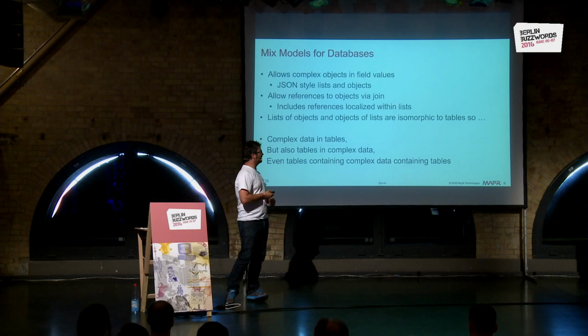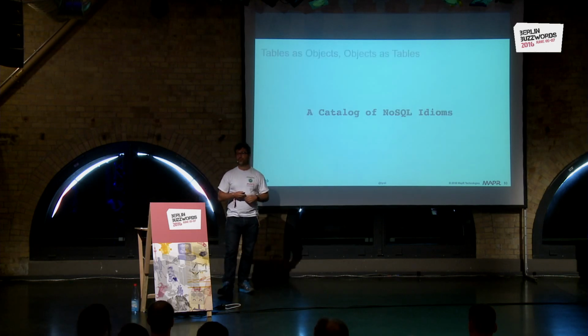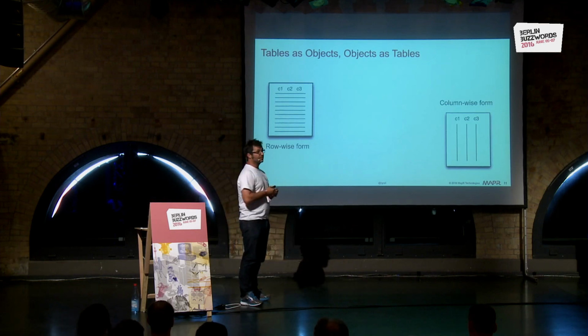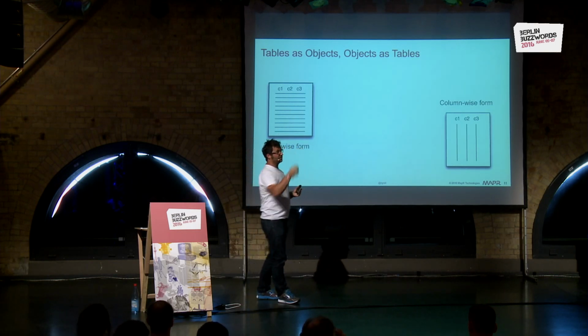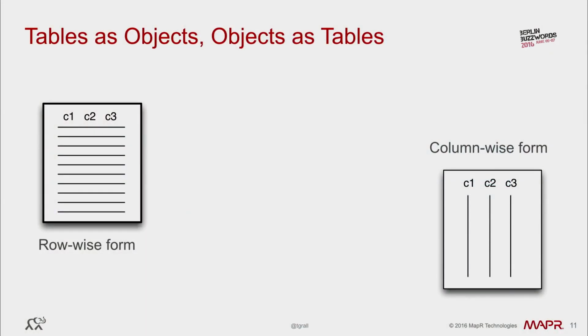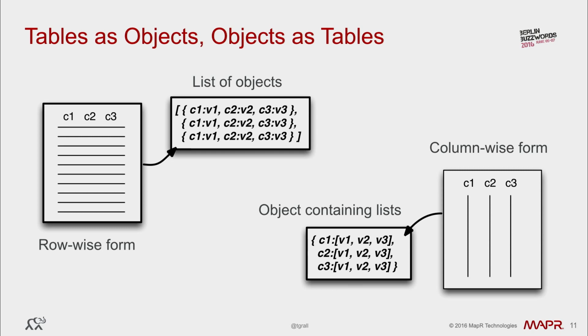Let's see some examples of this organization. When you look at the way you want to organize the information, you have two different ways. Most of the time, we will look at rows, where you have one single piece of information with many attributes, or many columns: column 1, column 2, column 3. Or you can also organize that as a list of values, column by column. When you want to mix that into a single schema, if you look at the way you organize information, for example using JSON, you will see that row-wise, you have one row with each value: C1 value 1, C2 value 2,